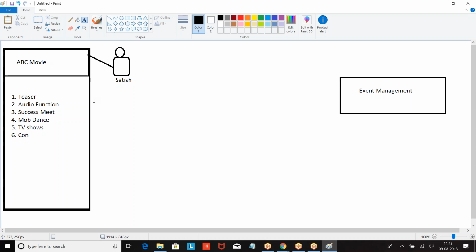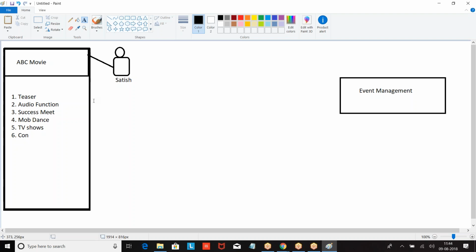Now Satish is the point of contact. Now I alone cannot take care of this. Now they gave me an opportunity called audio function. When they gave me an opportunity called audio function, there will be decoration, hosting the lunch or post-party, maybe arrangements, maybe hospitality, XYZ are there. I alone cannot organize everything. I am not a Rajinikanth, right? So I can organize only one thing at a time.